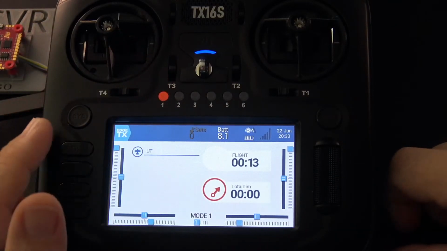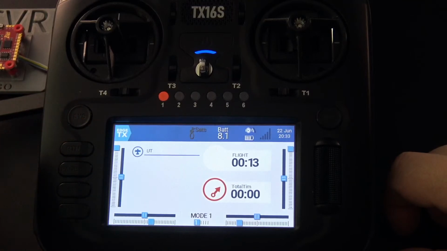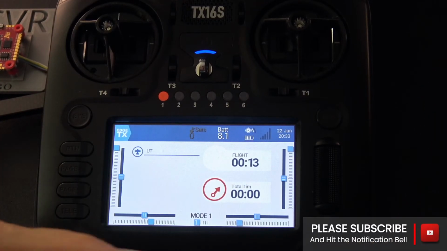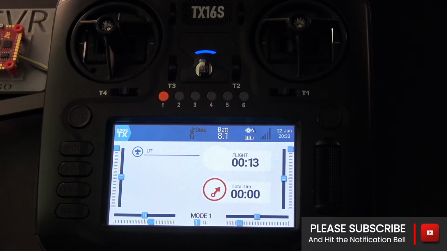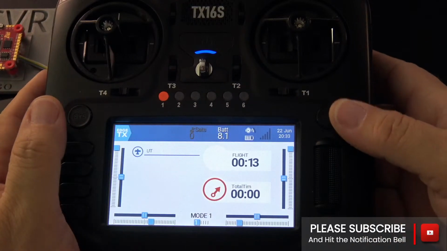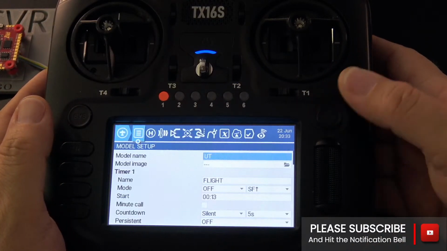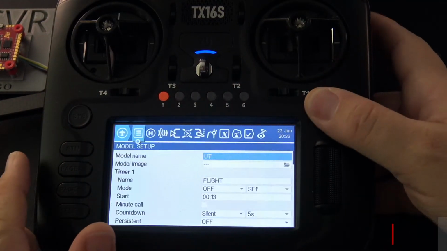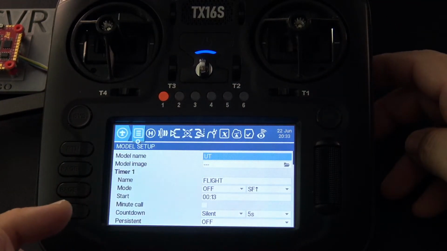So this brings up the concept of short press versus long press. While you won't see a visual impact from this, what they're looking at is that when we short press the model button, no matter where I am on the radio, I want to get into my model settings.